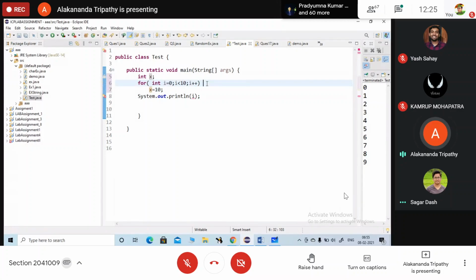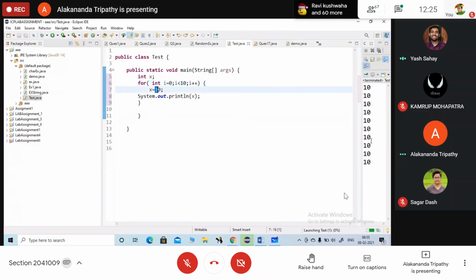What is the value that is being initialized to x? 10. The value that is initialized to x is 10.